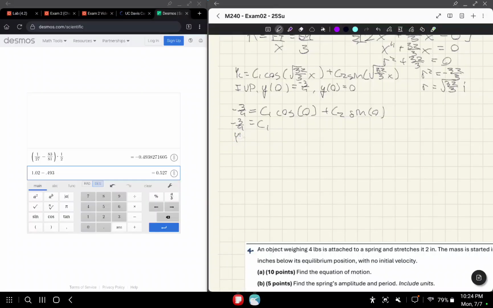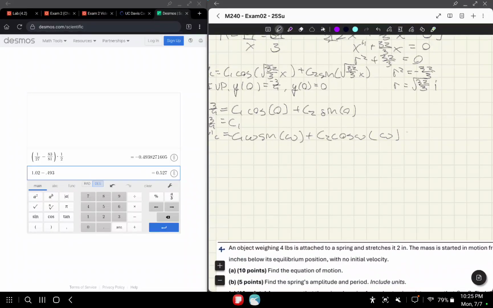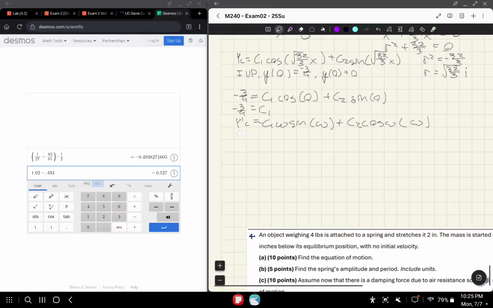So for C2 now, let's get the derivative of this. The derivative of yc is C1 omega, just the inside, negative sine of omega x, plus C2 omega cosine of omega x, where omega is the inside function, or the angular frequency. So if we do the IVP again,